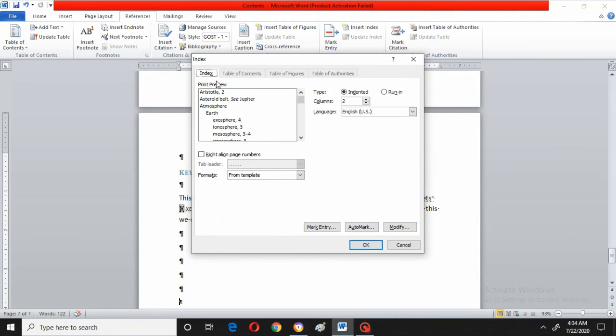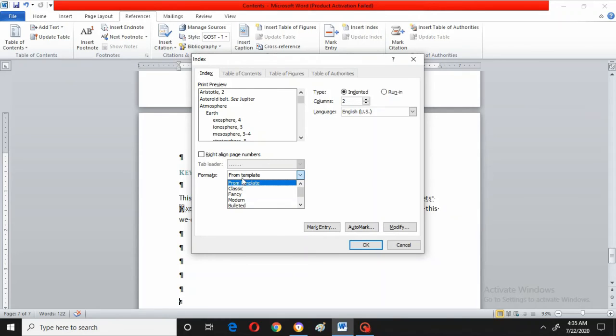Here the index is already selected, and it is showing some different contents, so your words will be displayed like this. It is asking us to select which type of index you want. Preview shows in which format you want. See here, I will click in the formats place, and here from template means you will get all the words displayed in that format.